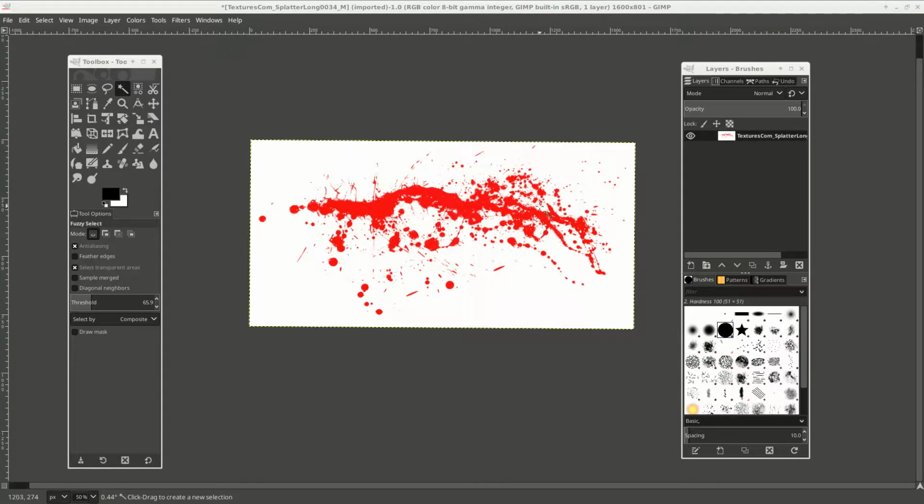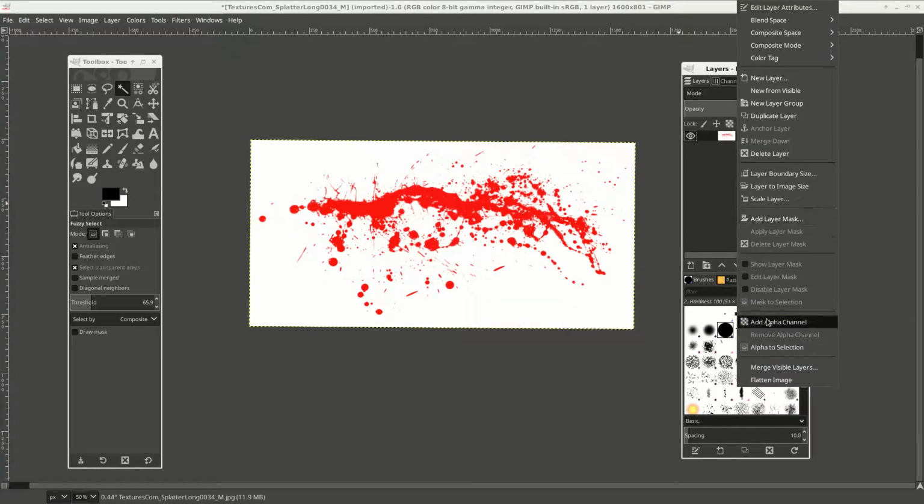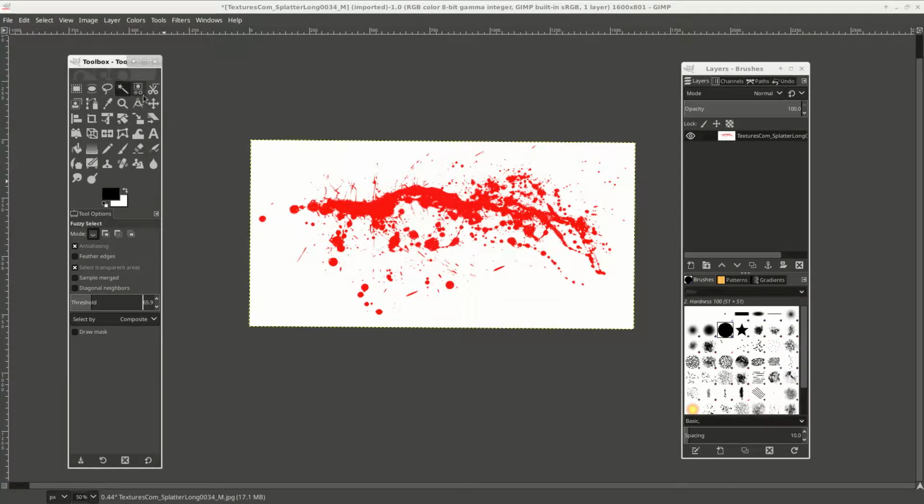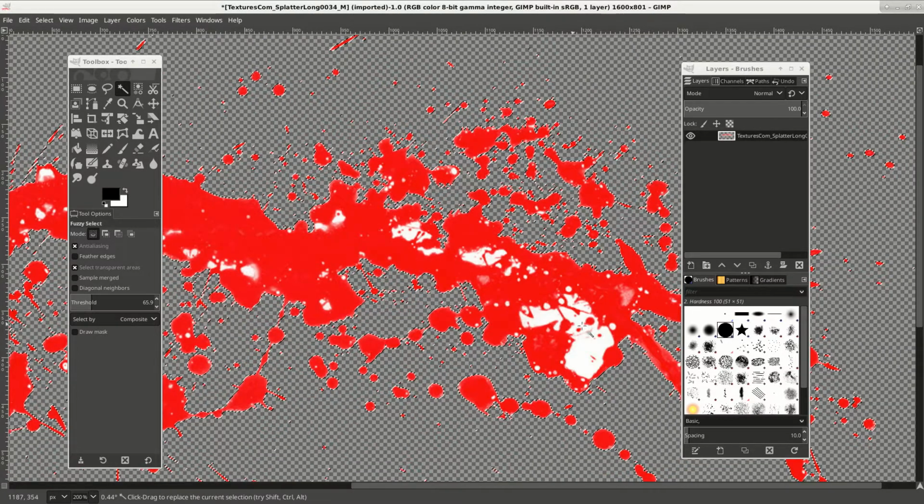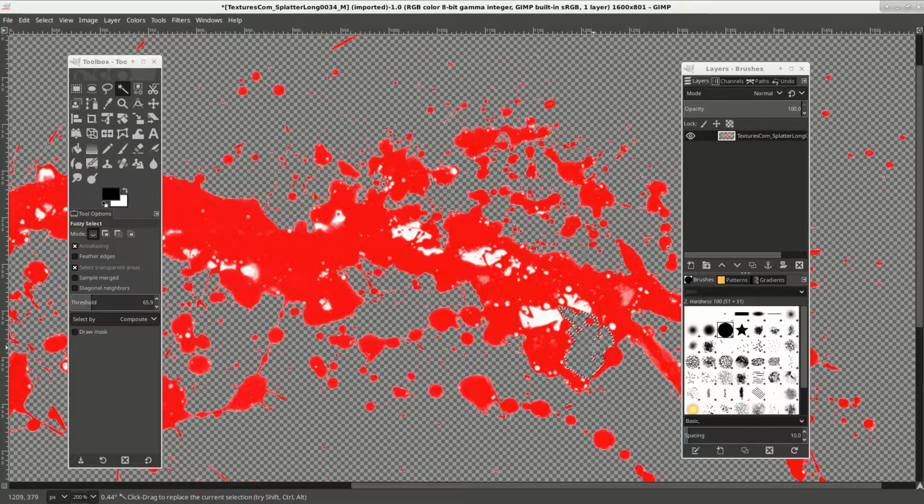So you have some blood, but you want to get rid of that white background. You can do this in a couple of ways. We can go over to our layers, add an alpha channel, click the fuzzy select tool, click the white background, and delete. Now you have to go through and delete these white specks in between the blood, which is very